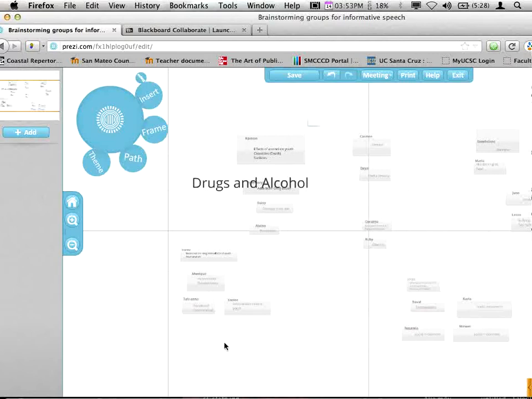And what became very clear as they did this was that there were 3 or 4 groups that had done exactly the job that they said they were going to do, and natural groups formed around specific topics. And they played around with the topics. You can see drugs and alcohol is written in there. They were giving them different titles as they were moving the people around.